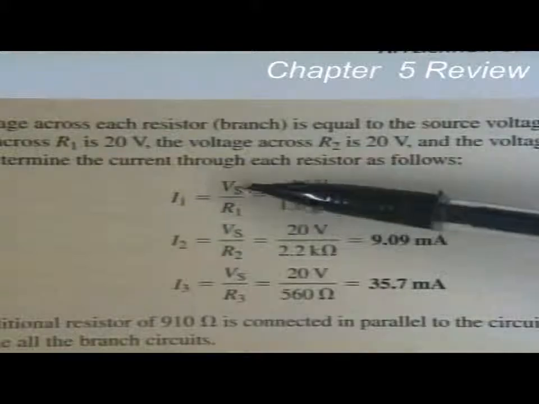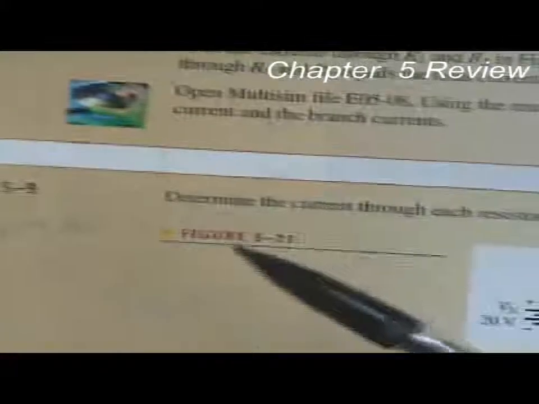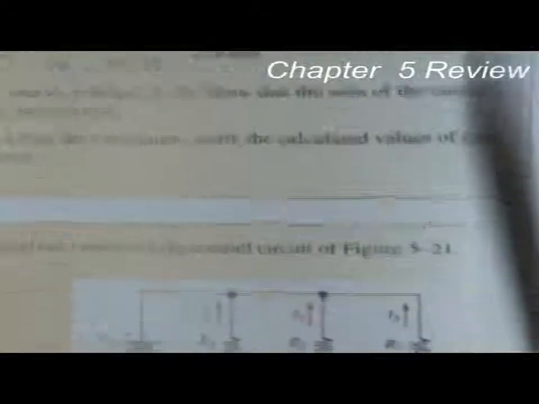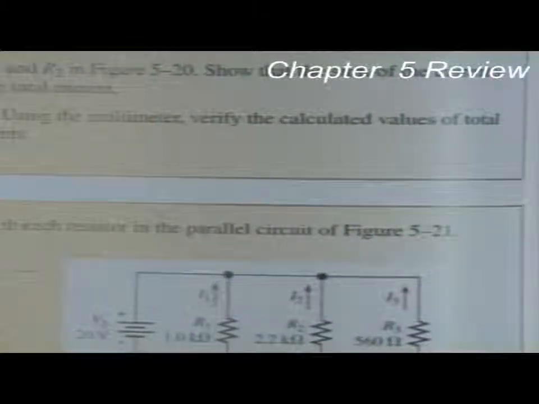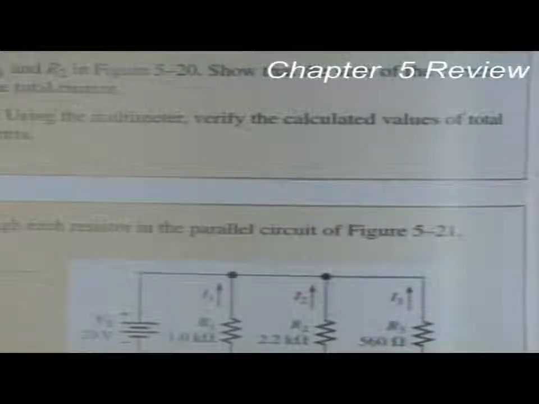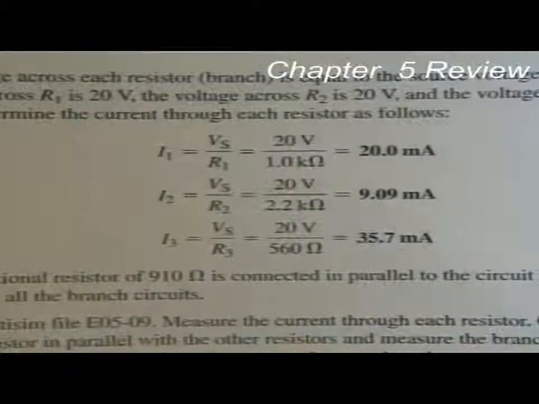That's the current in the first branch. And now we're looking at example 5-9. Let me see if I can get that to work in there. I don't think I can. Anyway, look in your textbook at example 5-9, and you'll see that the currents